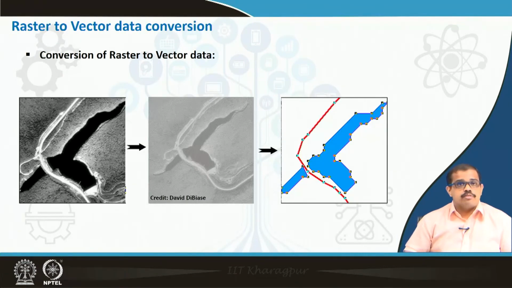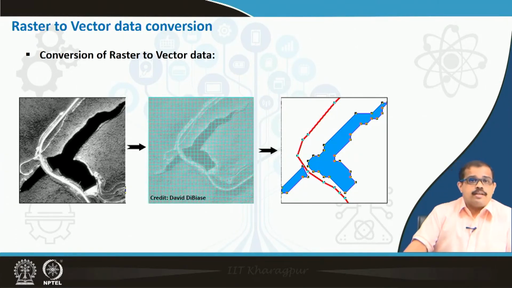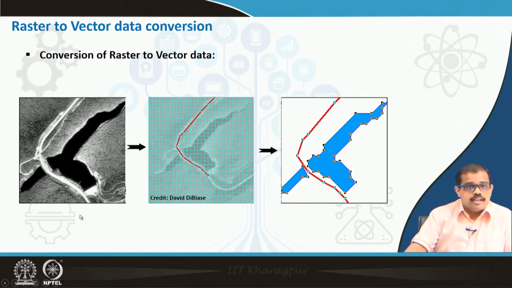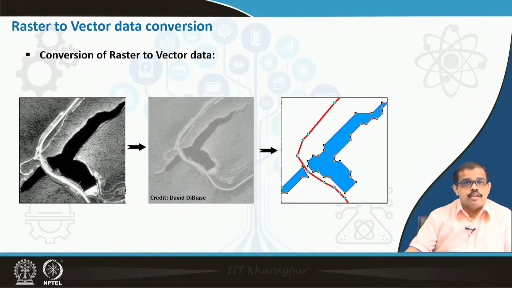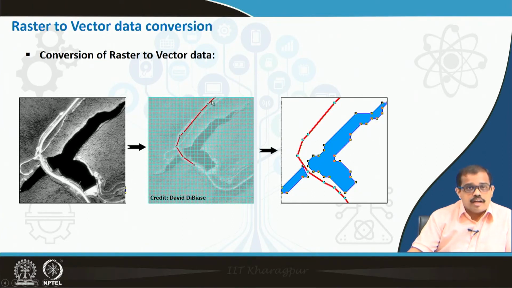Okay. So, that is how you do it. Let me give you an example of how you convert raster data to vector data. Let us say that you have this particular raster image, or satellite image. Let me go back and come to this. If you see the raster data, then you have a vector data that is put here. Then you start with the same, this is a polyline I am trying to draw across.